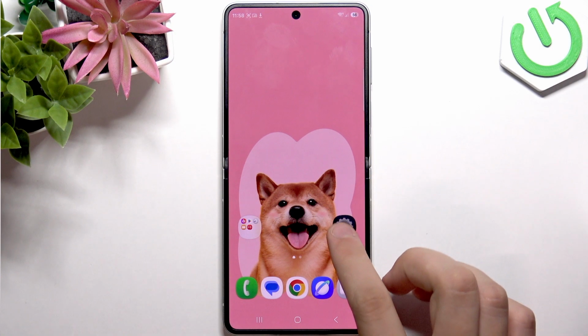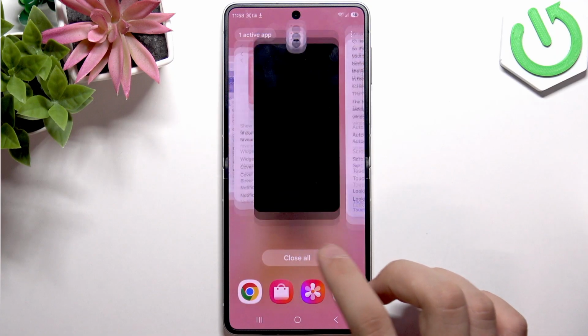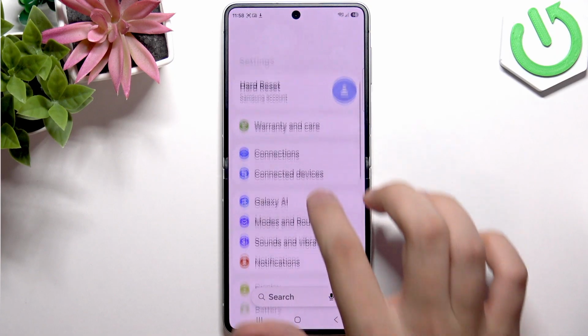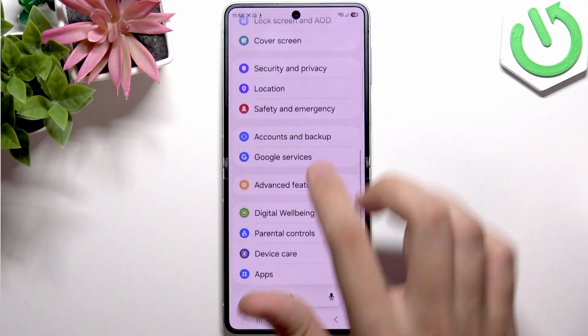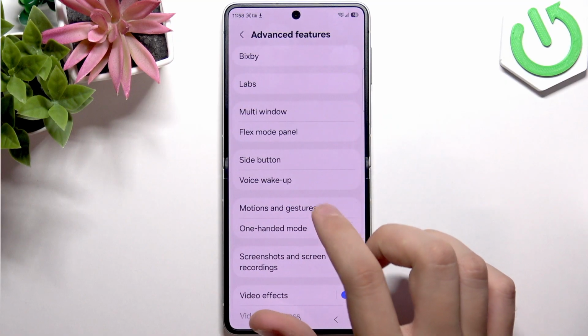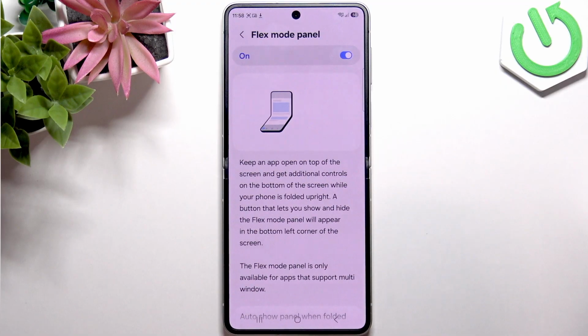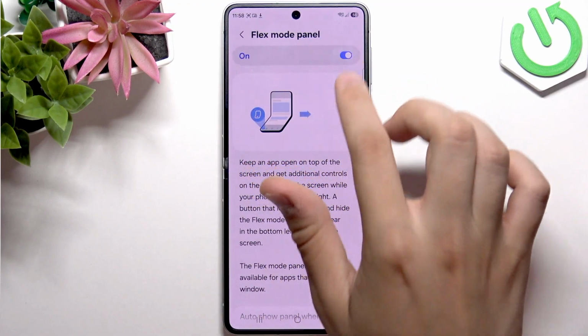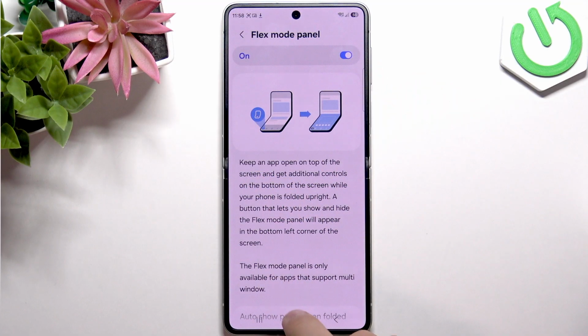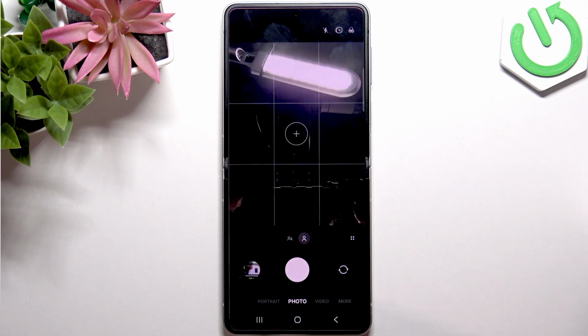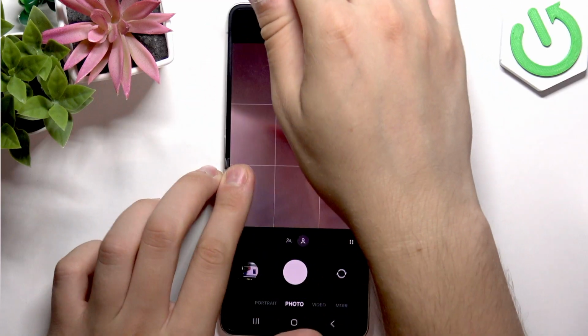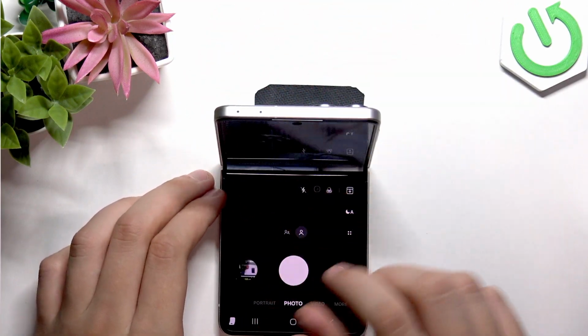At first open the settings and here you need to open advanced features right here. As you can see here I've got something called flex mode panel. Turn it on by tapping this switch. Now we can open the camera application, for example, and now once you hold your phone to 90